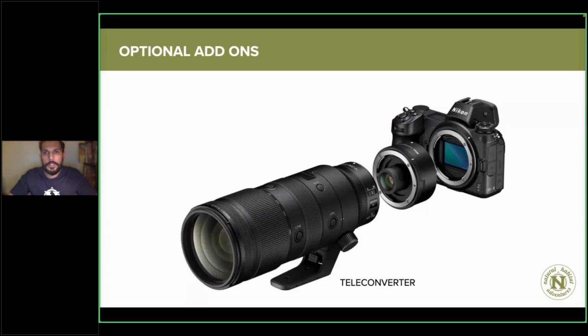Now, I do use one of these. I was mentioning earlier how I have switched from a 200 to 500 millimeter lens to a 300 millimeter 2.8 aperture lens as my primary telephoto lens. Now, when I switched from the 200 to 500 down to the 300 millimeter lens, that obviously came with some loss of focal length. So I bought myself a 1.7 times teleconverter to convert my 300 millimeter 2.8 lens to a 510 millimeter